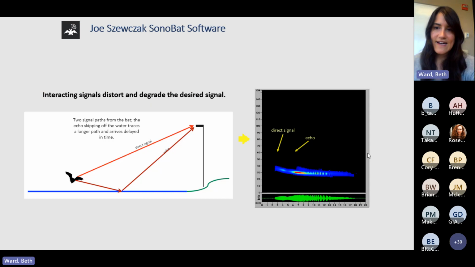And so it's important to get that detector mic up high enough to avoid water surface echoes. And you can see in this little diagram here how the call shows an echo coming from the bat to the water surface and up to the microphone. It's reverberating off of that water surface to the microphone, and it creates a more degraded signal. And so you want that bat call to be going directly into the microphone here. So getting your microphone up a little higher in this situation will help